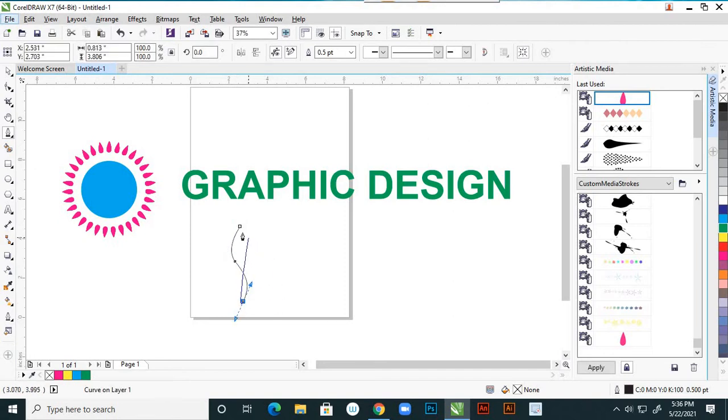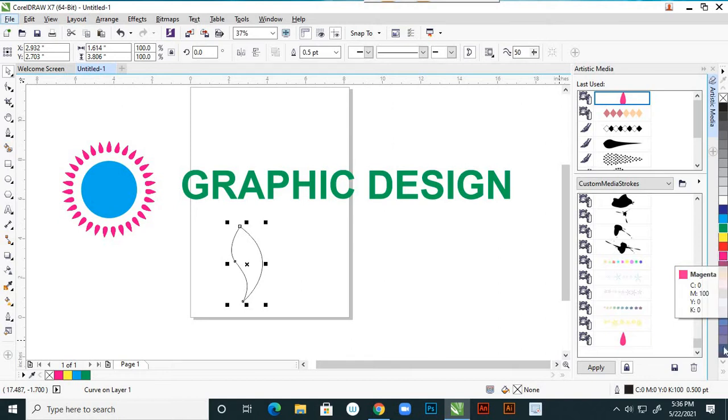Here I'm using Alt on the keyboard. So here I'm giving this shape, a nice shape, right? Yes, perfect.